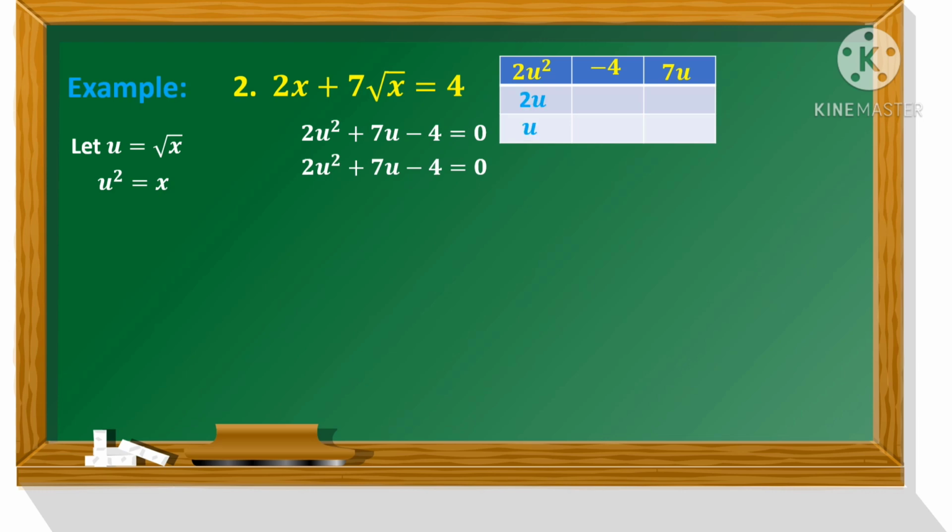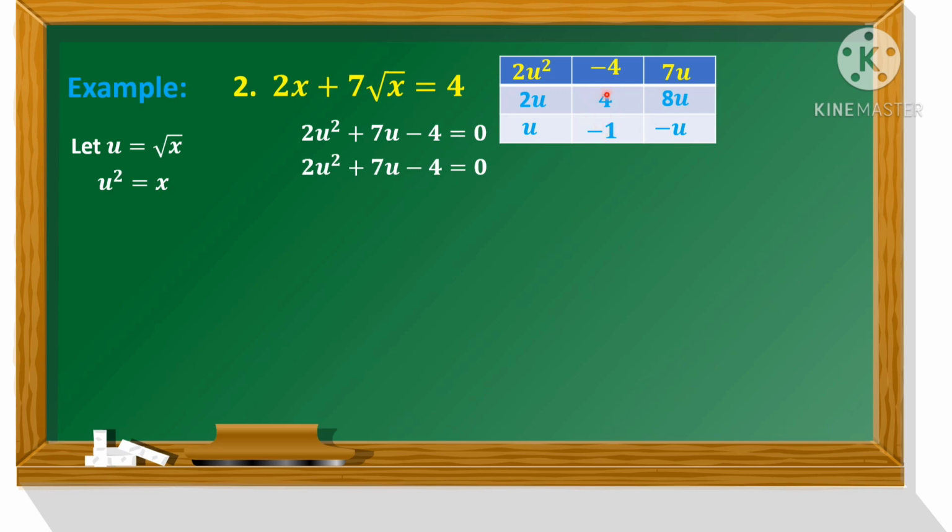times u, and your negative 4 can be factored as 4 times negative 1. And then we will multiply that horizontally, 2u times 4, so you have 8u, then u times negative 1, negative u. When we add these two partial products, 8u and negative u, the sum should be equal to the linear term above. Otherwise, you need to change it. If you add and it is not equal to 7u,